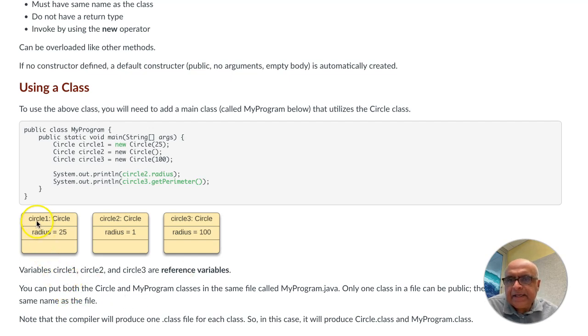is that circle 1, circle 2, circle 3 are reference variables. So they are pointers to locations in memory. That's different from primitive types, which hold the actual value. The other thing to say is, now where do I put my program and